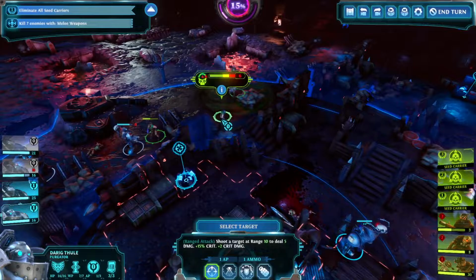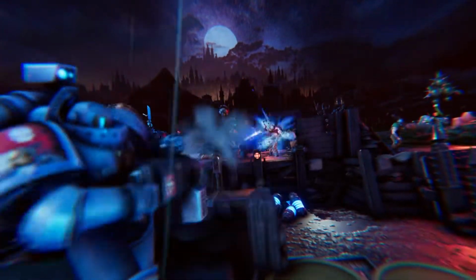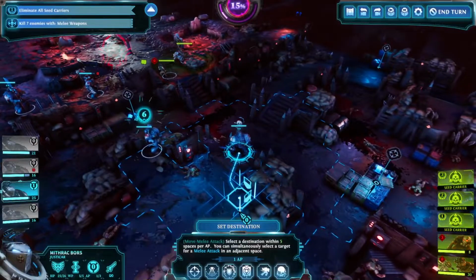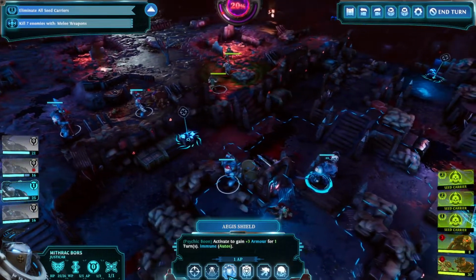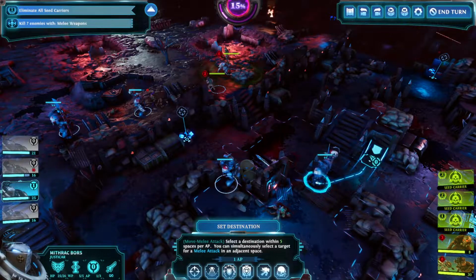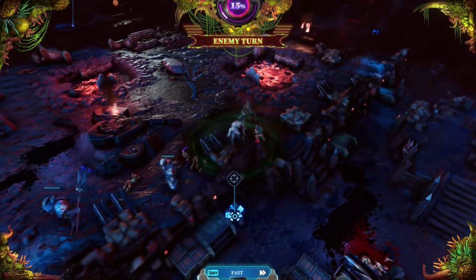Let's move a bit more forward and try shooting something. Yeah, not much of a choice, so we can get rid of this guy, so he won't be pesky. That's great. And what else can we do? Well, doesn't seem we can do much from here. We do have the action point buff, but I don't want to use it yet. We also have...